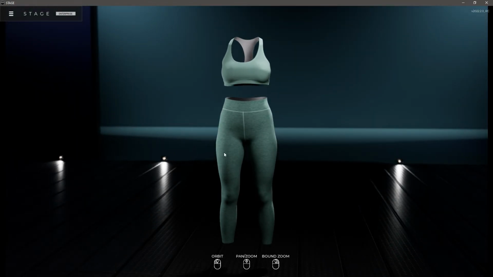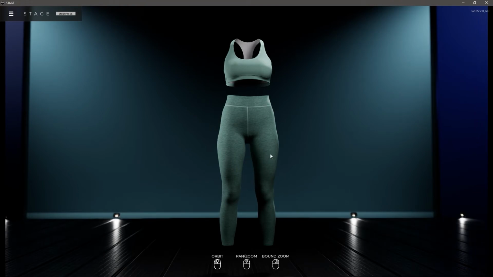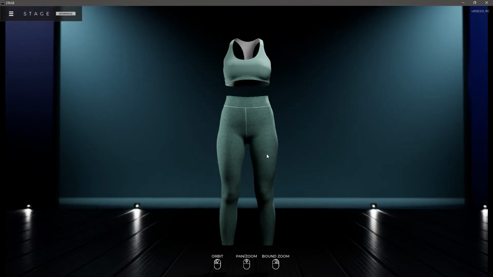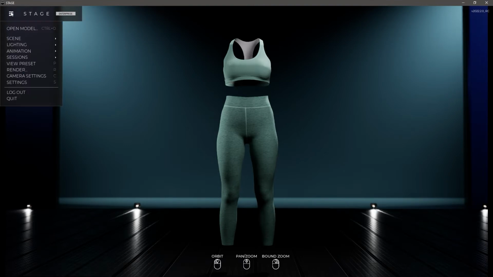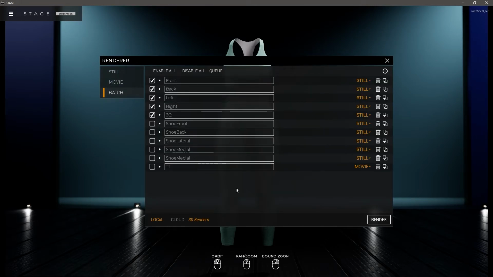Okay, so now I want to talk about batch rendering. Batch rendering is a feature that allows you to set up multiple renders and then have them all go at the same time. This is available to our small business and enterprise clients. It happens to be in the render tab, right here in batch. And what you'll notice here is